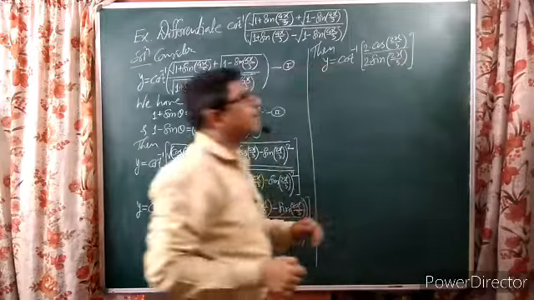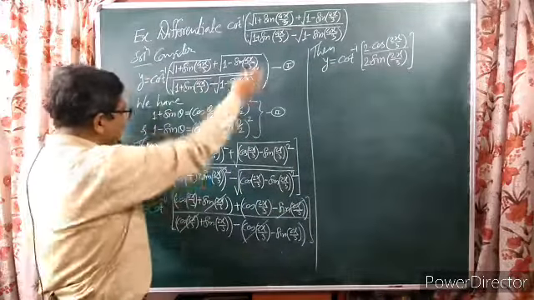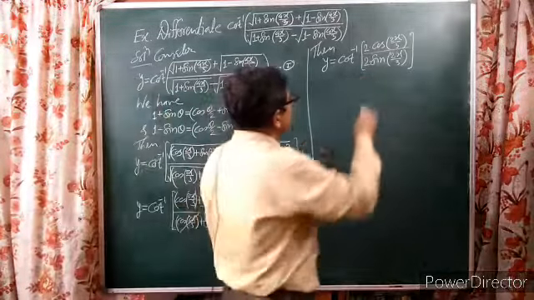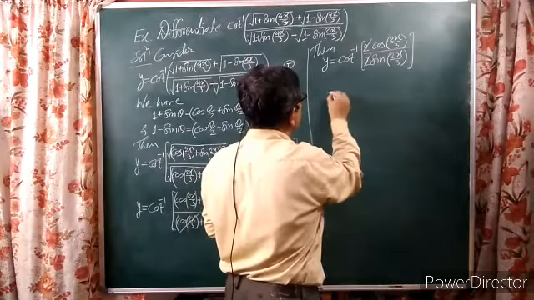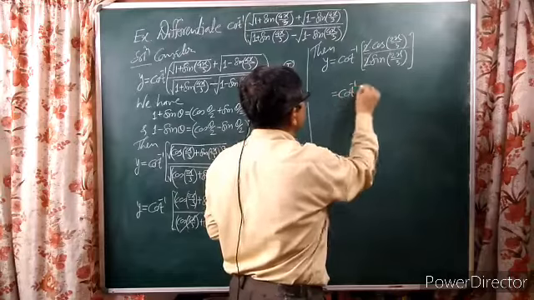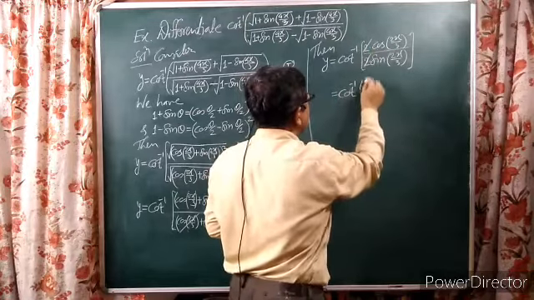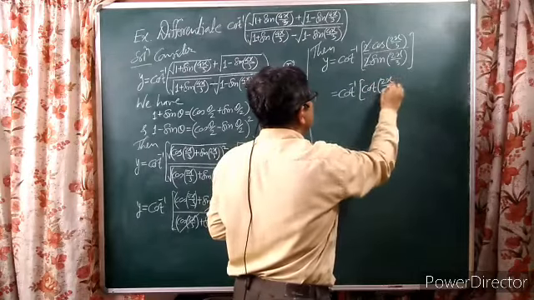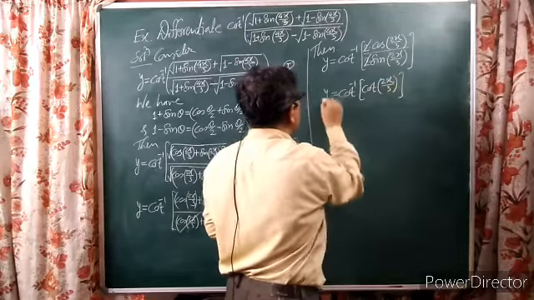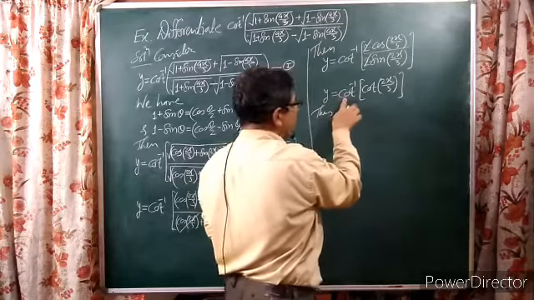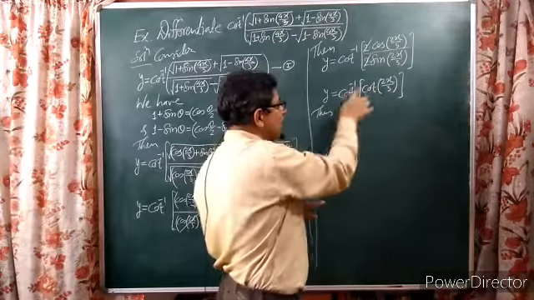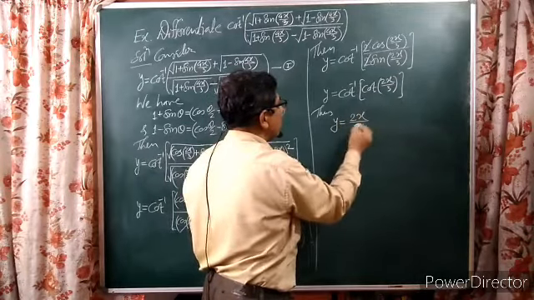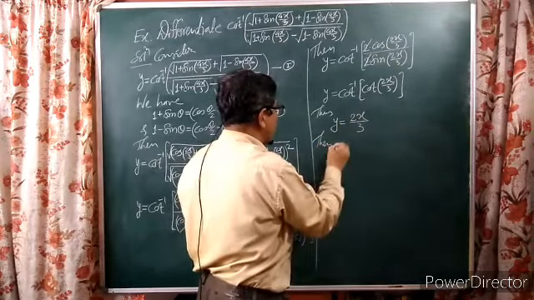And see, this is the interesting thing, that was a large function, now it is reduced to a very simplified form, so we can cancel 2 also, and so we are getting cot inverse of cos upon sine, it is cot of 2x by 3, and thus cot inverse is the outer function, inner function is cot, they cancel each other, and we are getting y is equal to 2x by 3.